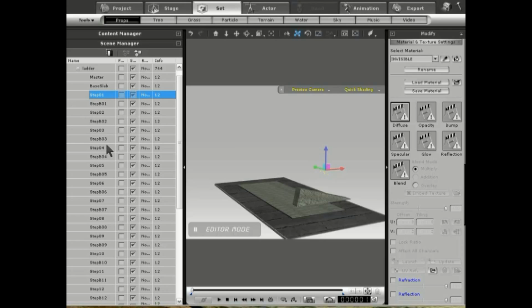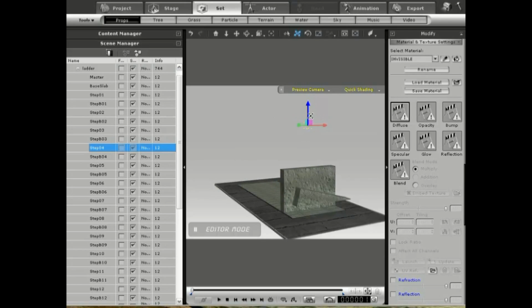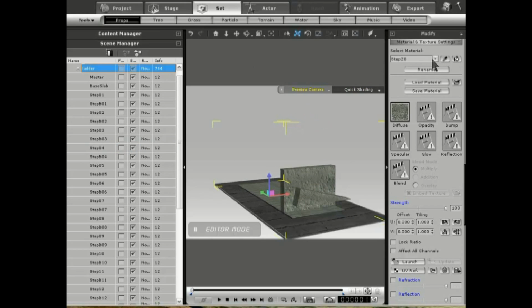Buildings can be very complex, and texturing them is also an interesting factor because each one of the steps has a particular map zone. For instance, right now we are selecting this, which would be step 4. See, this is step 4, right on. Then we look in the maps for step 4,